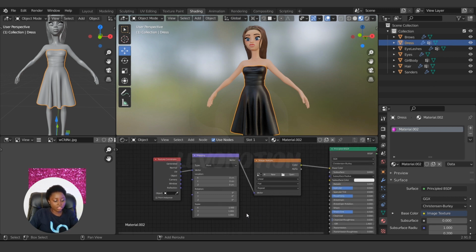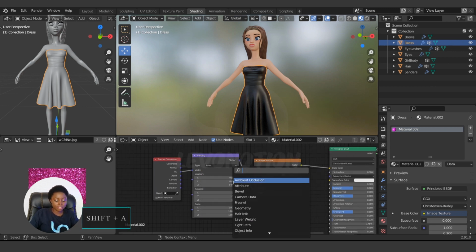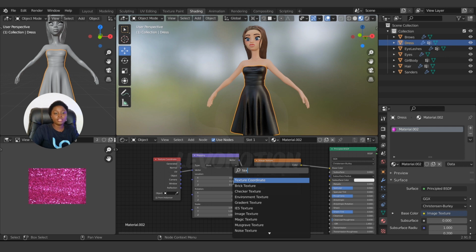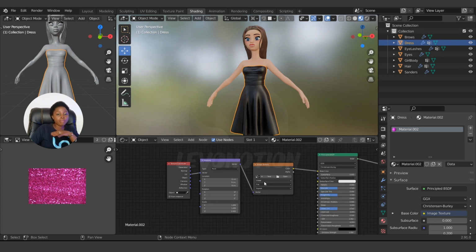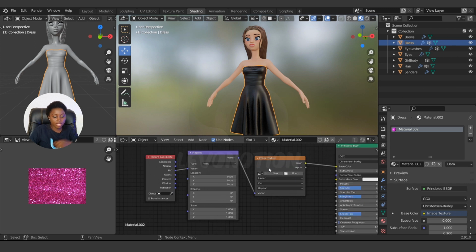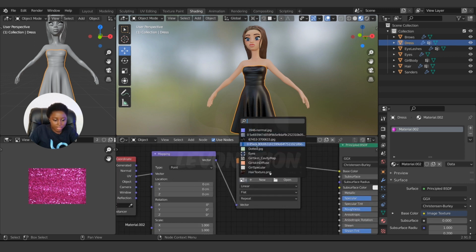To get them fast, just Shift A, then come to the search, mapping. You see it, then texture coordinates, you see it. But by using the add-on, it will make your life easier. It's going to skip some steps and make your work easy. So now I can connect the image back,